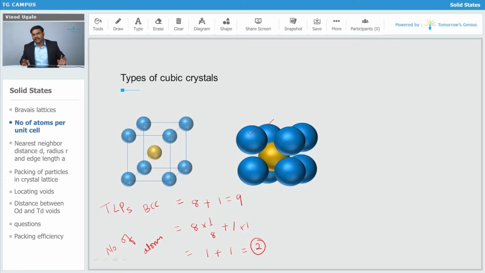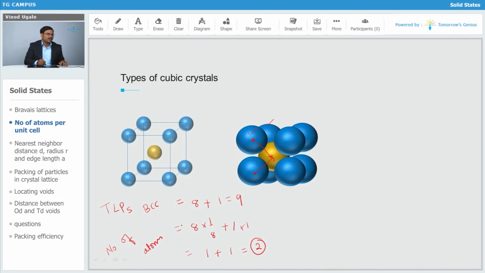In rear view, it is going to be like this. So what is the difference? In a simple cubic system, you got only one atom and the particles are touching one another. In case of body centered, you got 2 atoms, and for those 2 atoms, the space required is more. Therefore, corner particles are going to be apart from one another and they are not going to touch one another. But this corner particle is touching this body center particle. This corner particle is touching this body center particle. Corner particles are touching the body center particle, but they are not touching each other.